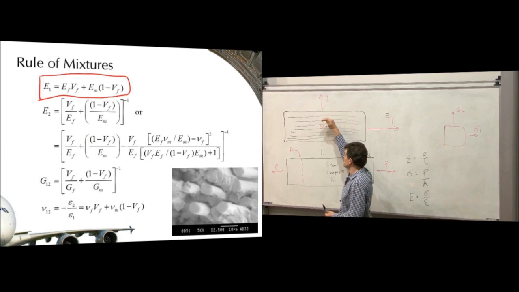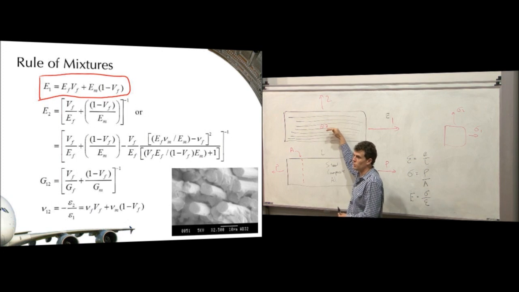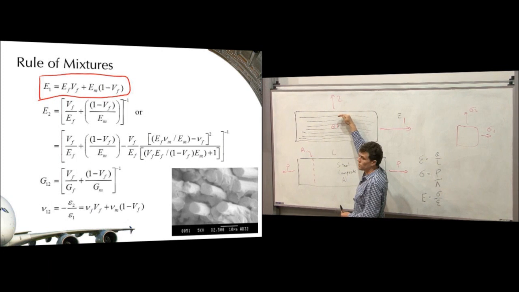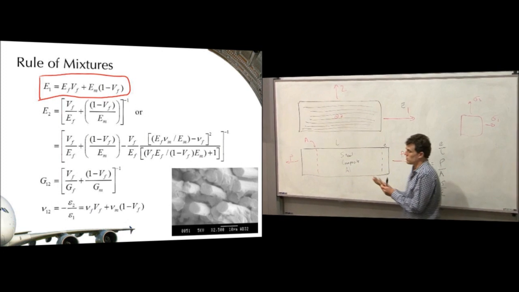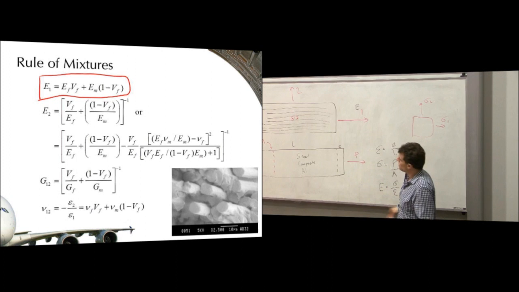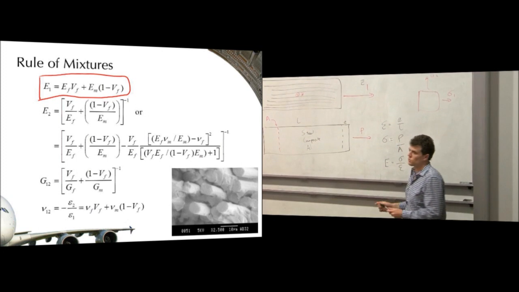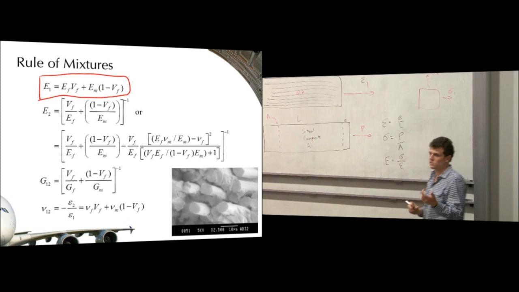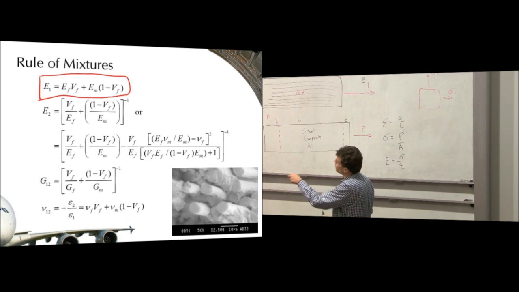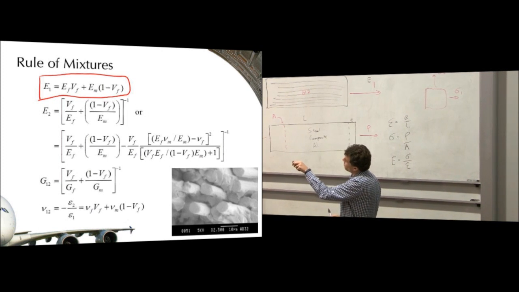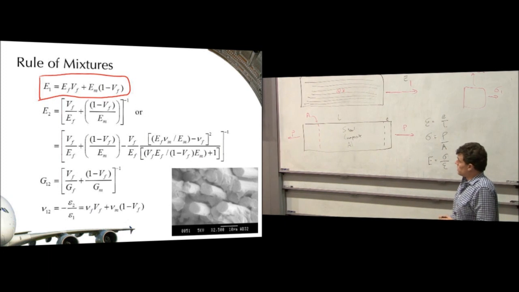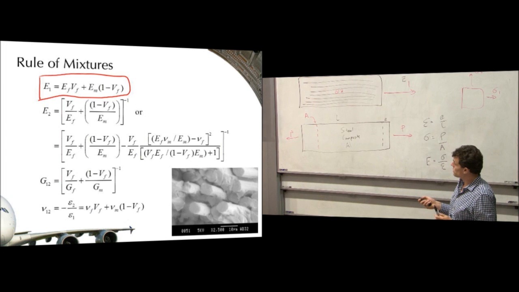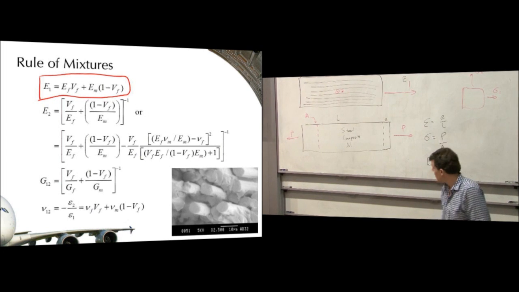Even though it's not as simple as resin, fibre, resin, fibre, some of the load's going into the resin and then it's going into the fibre and then it's going into the resin and then it's going into the fibre. And it turns out that, much like resistor calculations where there's a different formula in parallel and in series for resistance, there's a different formula in parallel or series for working out the rule of mixtures. So the modulus in the 2 direction is significantly lower, and it turns out that if we look at this formula,